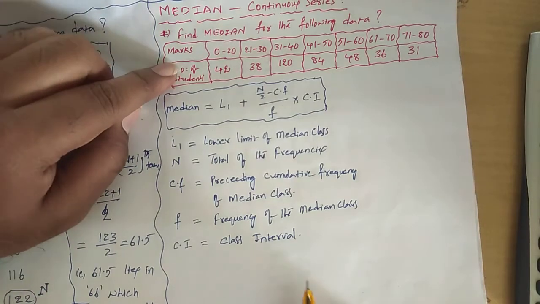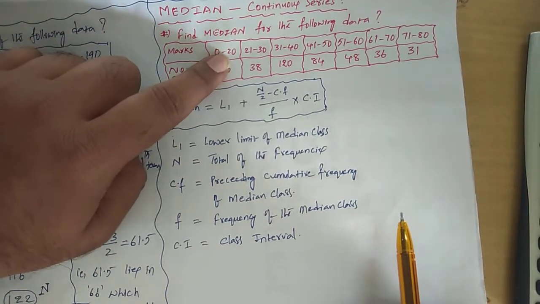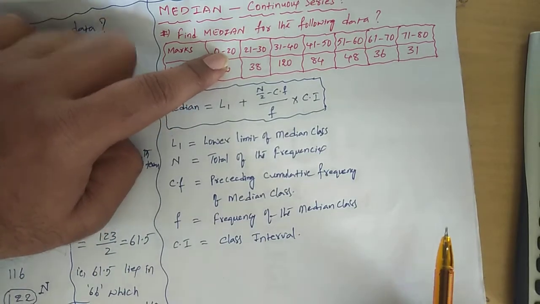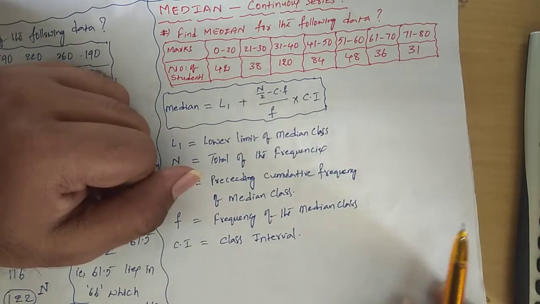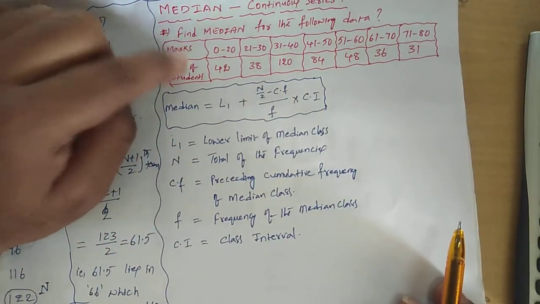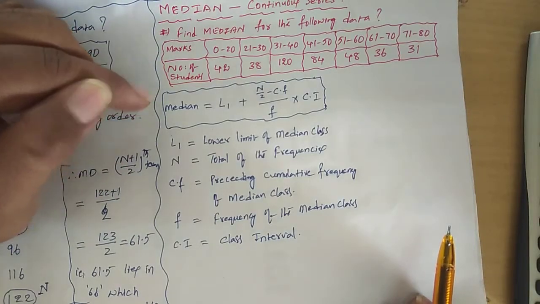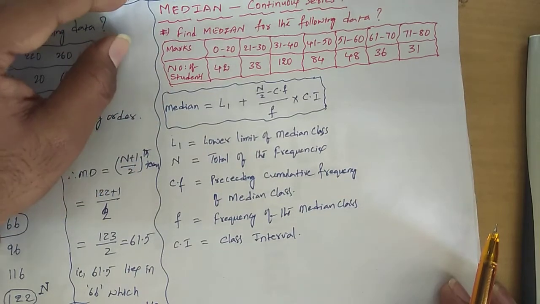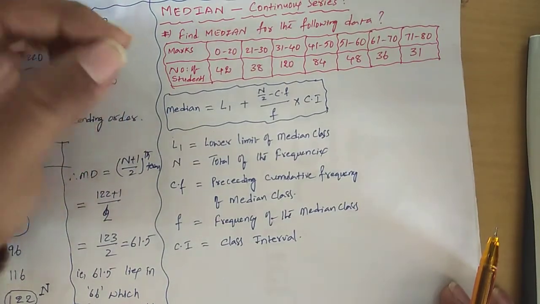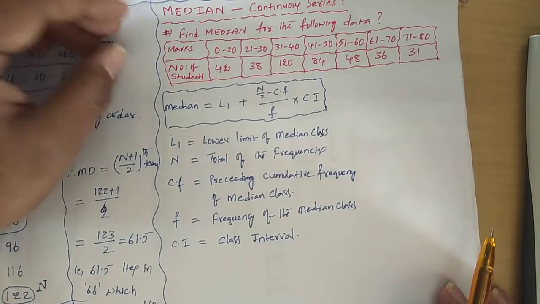Now you see in the marks, what is the first interval? 0 to 20. This is a special model, a very important model. If you directly go for doing the problem, you will get the wrong answer, because the data is in the discontinuous format. We are making the data into continuous format. A small change you will make, that's it. If you forget that, whatever answer you get without doing that is going to be the wrong answer.